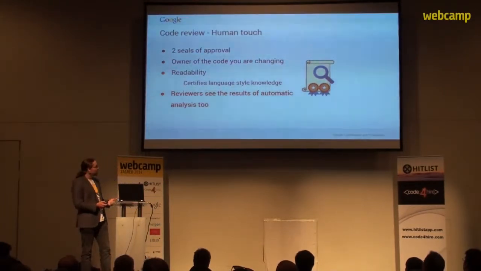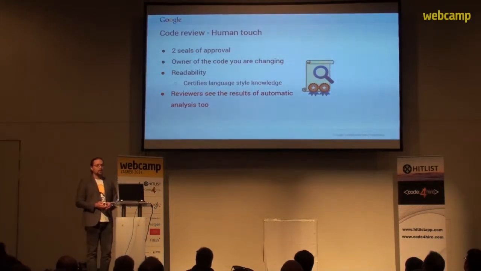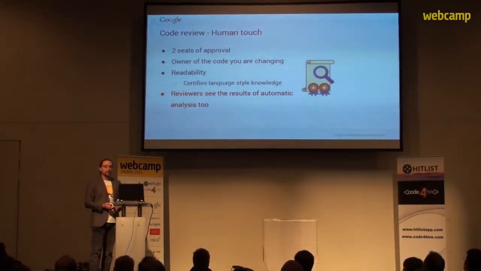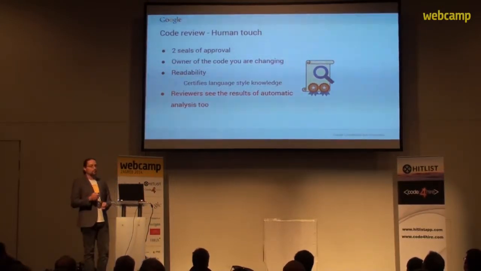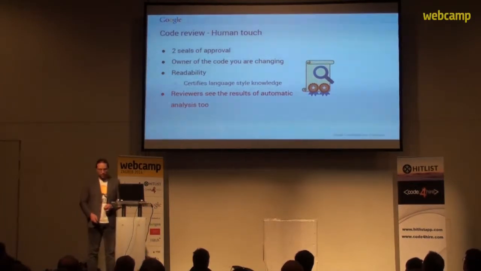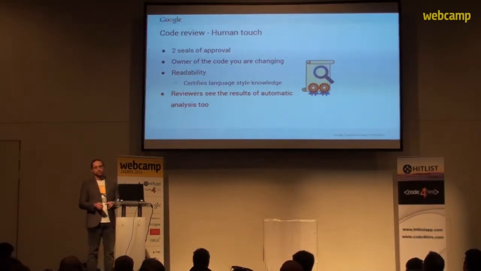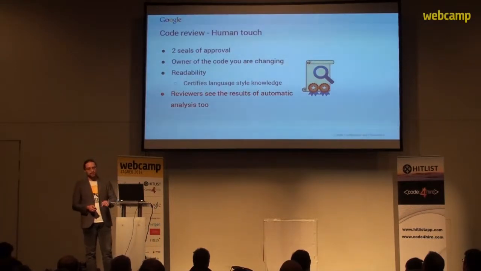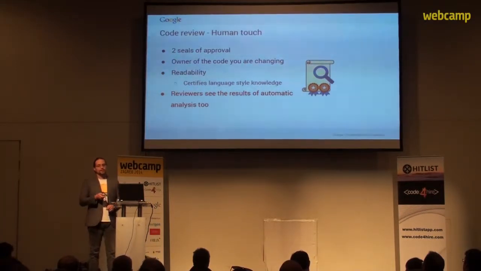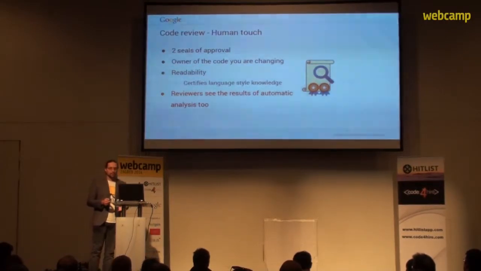As part of this code review process, there is a definite human element. So another engineer has to approve 2 specific things. If you do not work on this project, if you don't own the code, someone who does needs to approve this commit, needs to approve this code change and say, yes, this makes sense for our project. And this style guide enforcement is also done partially by humans,